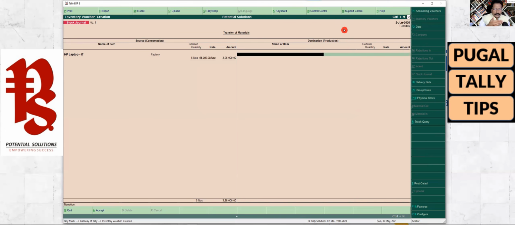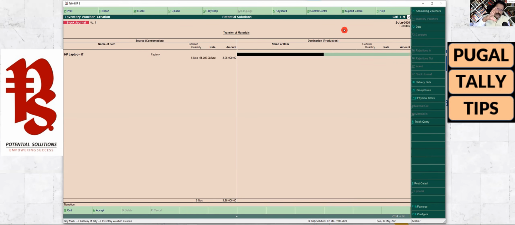Now it is asking what item you are transferring. Obviously I'm going to transfer the same item. Again, when we go into accounts advanced inventory, we will talk about the voucher class for the stock journal, which makes your life much easier. So you don't have to enter on the left hand side, and again you don't have to enter all the items on the right hand side. Now it is just one item. It is very easy to just enter.